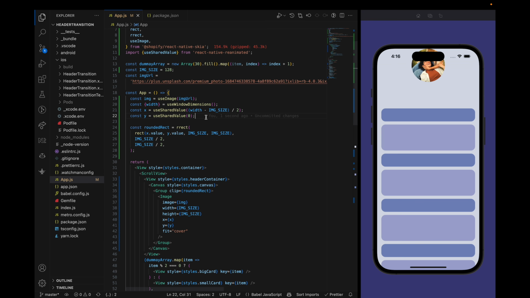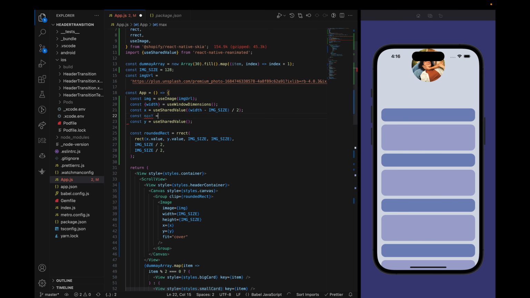If we do this, then we can see our image is perfectly centered. And to make it the center of the header, we need to add the y value. Y value will be... I will make a constant, max y, so that it goes only up to that y-axis. So max y will be this. And if I do this,